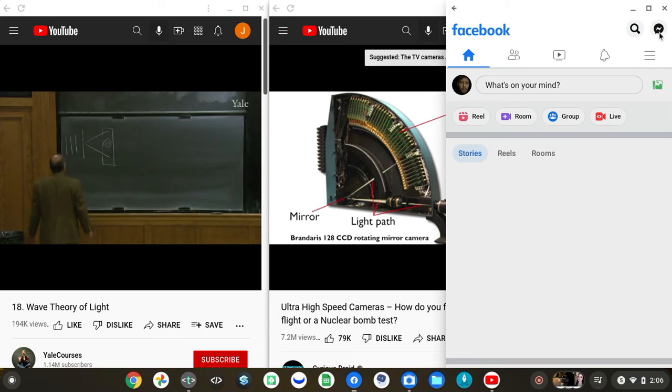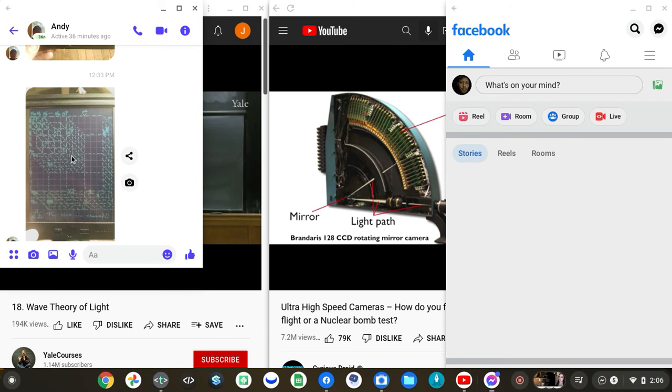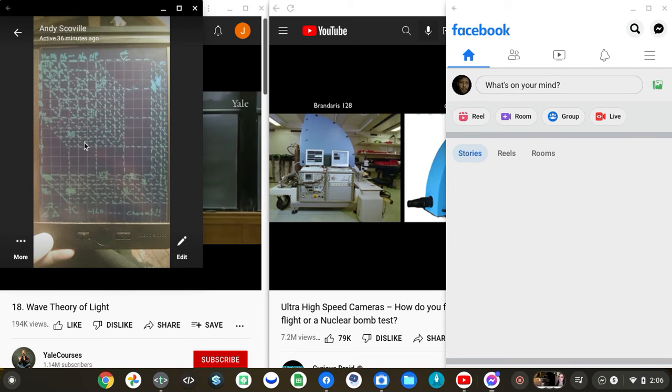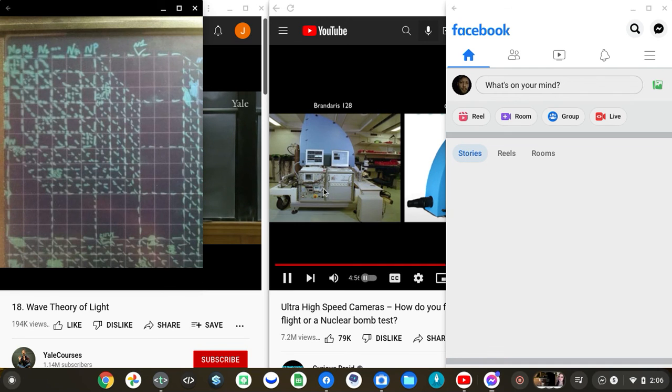The rotating mirror cameras are still in use today, but now they use highly sensitive CCDs to replace the film strip. The Rand RS-128 and Cordin Model 510 have 128 CCDs and a gas-driven turbine mirror, driven by helium to achieve up to 25 million